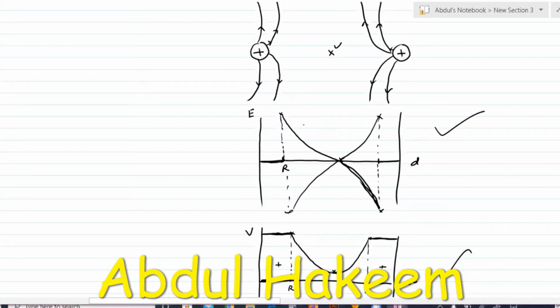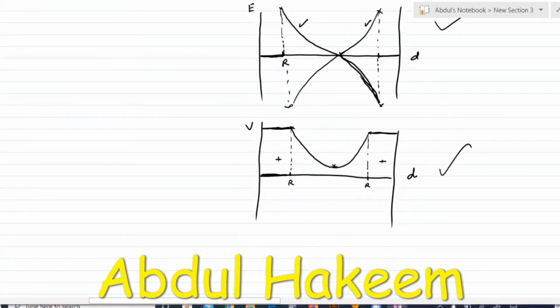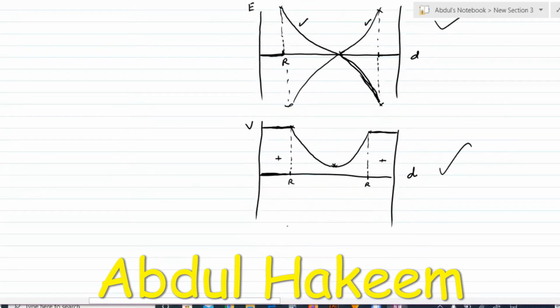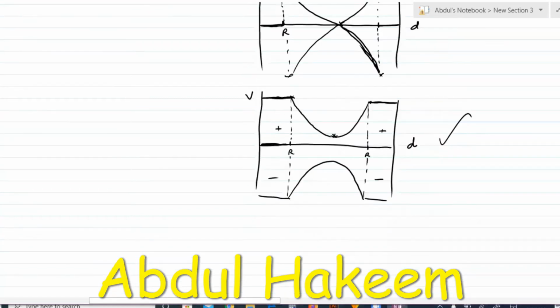So this is for the positive and this is for the negative. And similarly, this will be in the opposite direction. Suppose this one is just a reflection for both negative. The same shape. Okay, now suppose